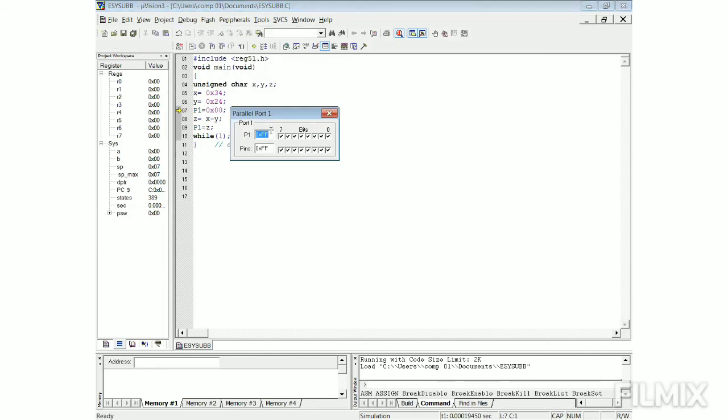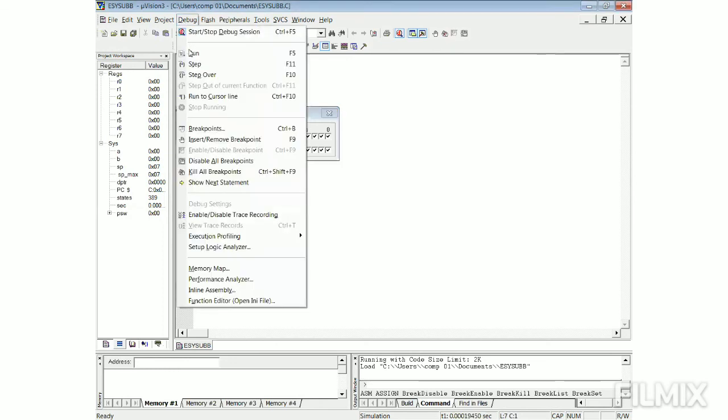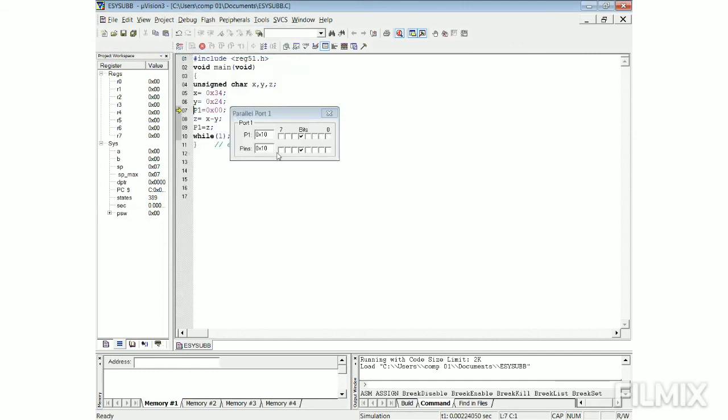Next, to run this program, you just have to click on debug. Next, click on run. Here, you will see the output of program 34 minus 24 is 10. The output is displayed on port P1.